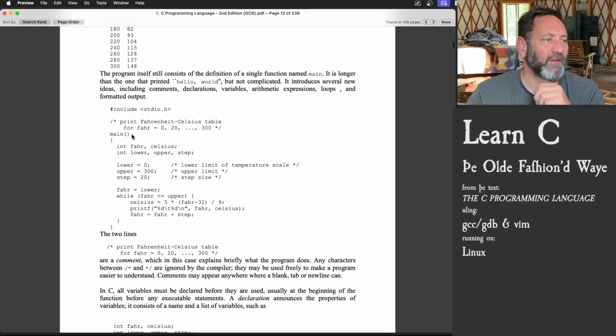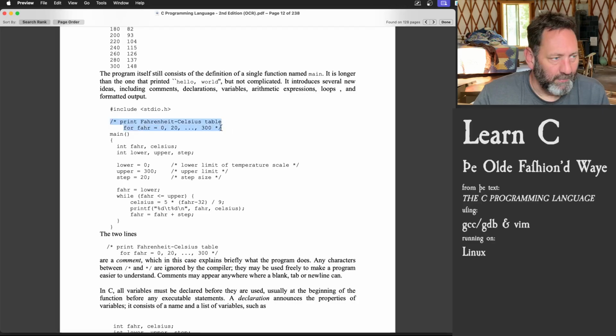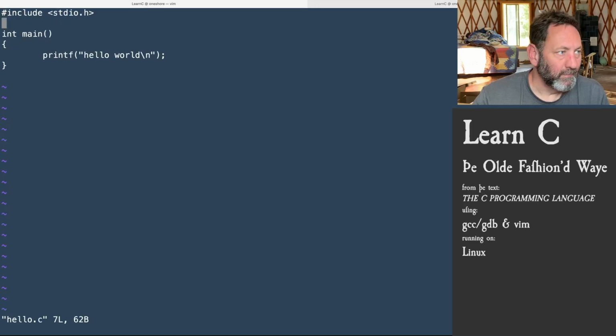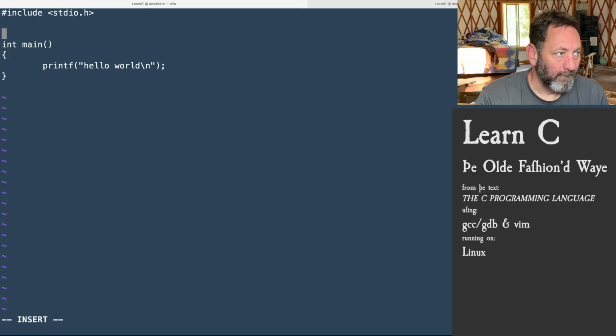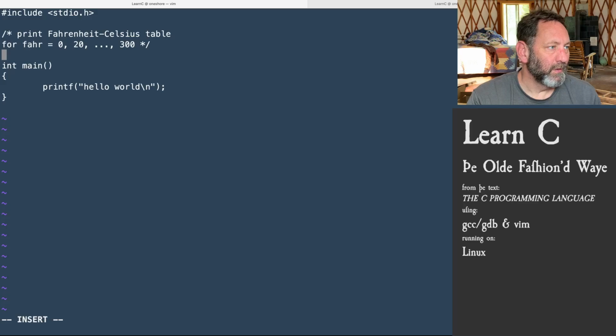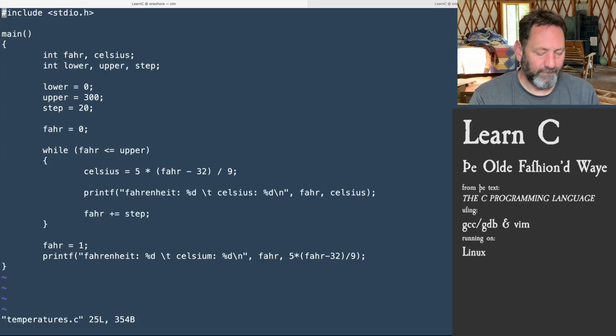So let's see if I did this correctly. Let's add our comment in here. So I'm going to grab this. Note the //. So I'm going to do I and print Fahrenheit, Celsius table for Fahrenheit. Oops. So I quit without saving it. All